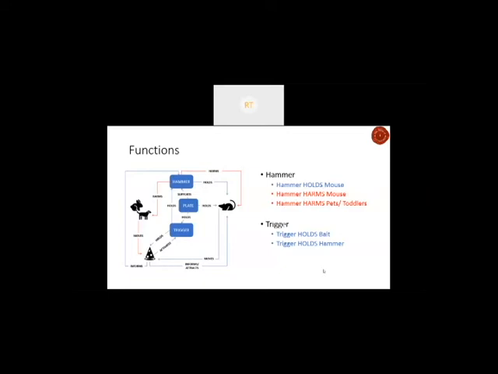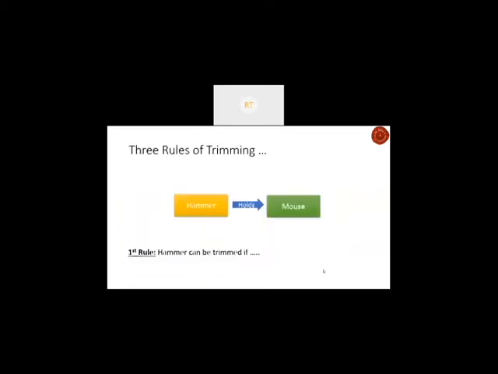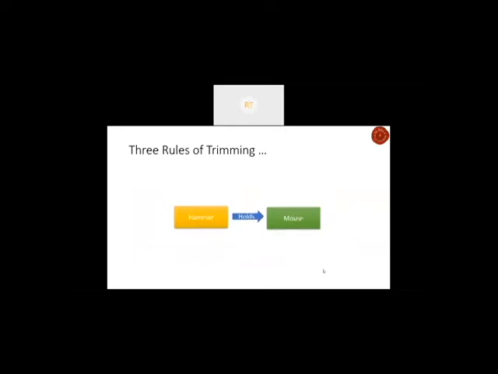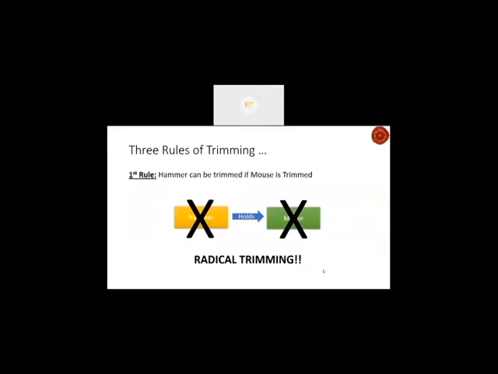Now let's start doing trimming using the trimming rules. Now we have a hammer as the function carrier. We have a mouse as the function recipient. Hammer is holding the mouse. Now the rule goes like this: hammer can be trimmed if mouse is trimmed. But this is like we said, this is going to the radical trimming. But in this scenario, आपके घर में ये सामान लगेगा ही नहीं, तो it's a case where आपके घर में चूहे हैं ही नहीं. तो आपको चूहे नहीं है तो आपको hammer भी नहीं चाहिए, because there is no mouse. You don't need a rat trap. So this does not fit in here. We'll move to the next rule.